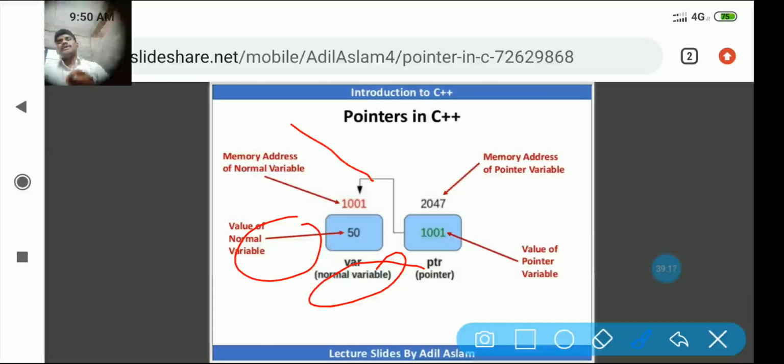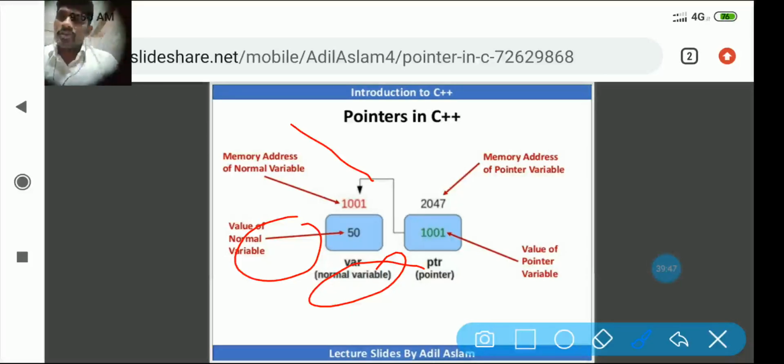Now comes to the pointer ptr. What is the value of the pointer? 1001. Sir, this one is the address of the normal variable. Yes, that is the thing that I am discussing still now. Pointer will store the address of another variable.